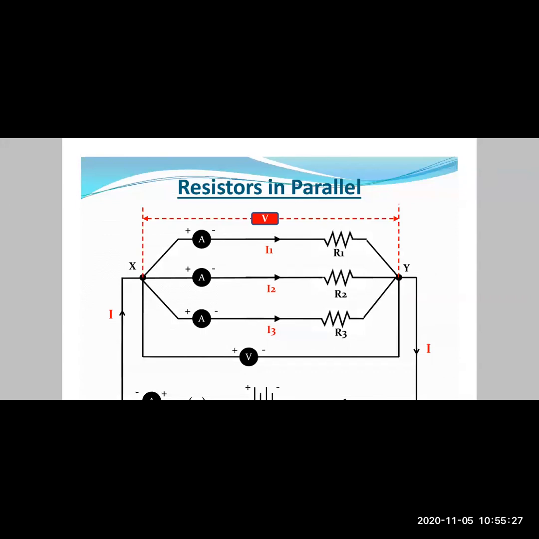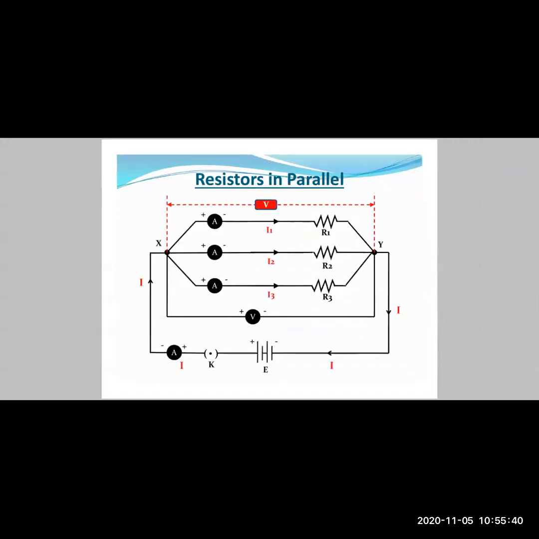So whenever you have such an arrangement where you have more than one resistor, and both their ends converge or meet on a single point, such an arrangement is said to be a parallel arrangement. In case of series arrangement, which we had seen, the resistors are connected end on end, one after the other. But in a parallel combination, you can see they are arranged one above the other or one below the other. But you need to remember that the two ends of all of the resistors in a parallel combination meet at two different points, which are common to all of the resistors connected.